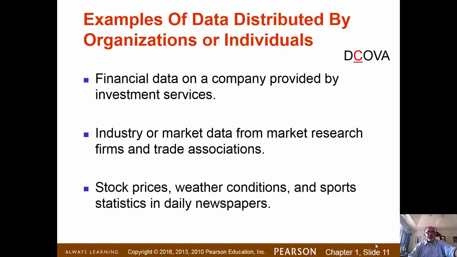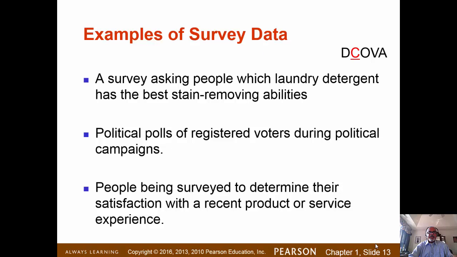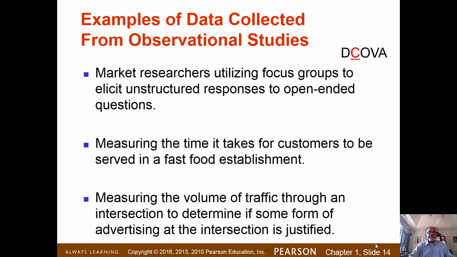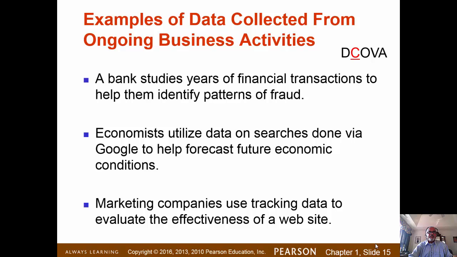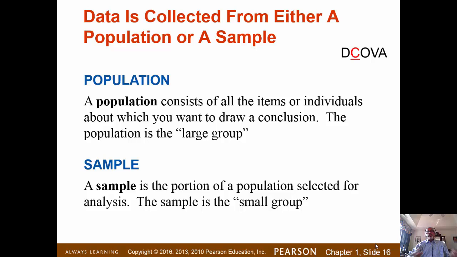Okay, so here are more explanations of what I just went over. Okay, designed experiments, survey, observational study, and so on. Okay. Now we also need to think of data in two terms. This is population and then sample. Sample is a smaller group taken from the population, and population is